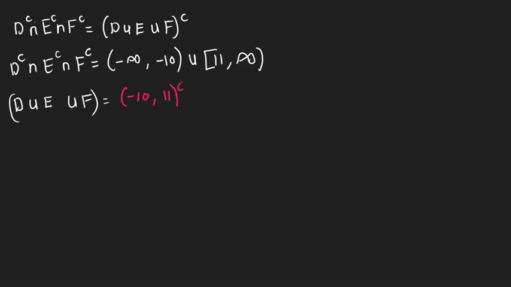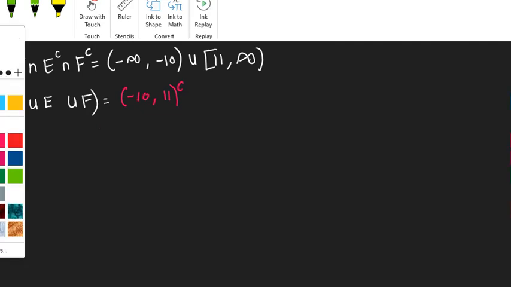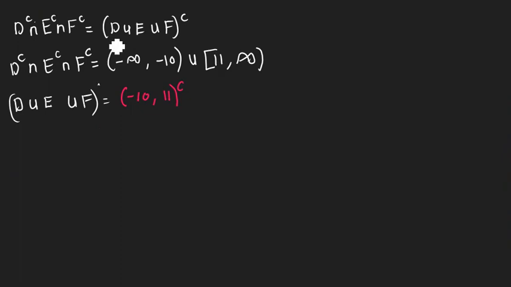Now we find the complement of this set. To get the complement of that particular set, D union E union F complement is going to equal to,